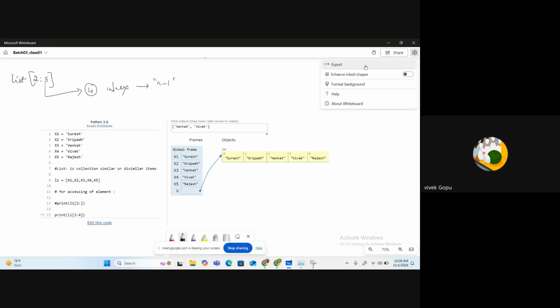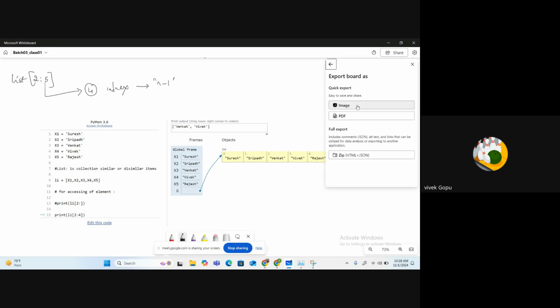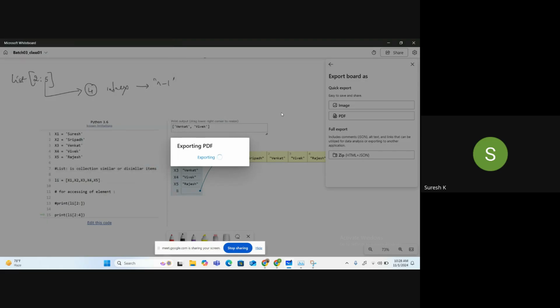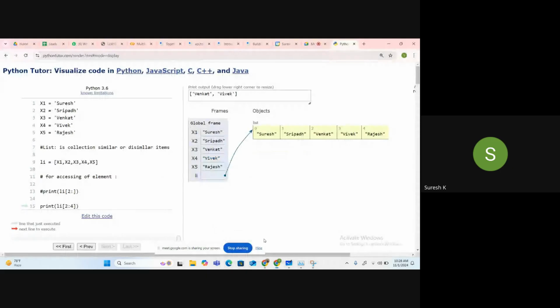Sir, can you explain it once again, n minus 1? Okay, Vivek, so 2:4, right?